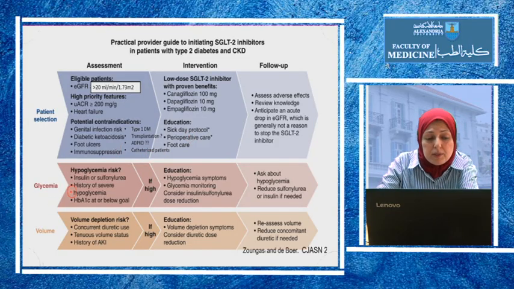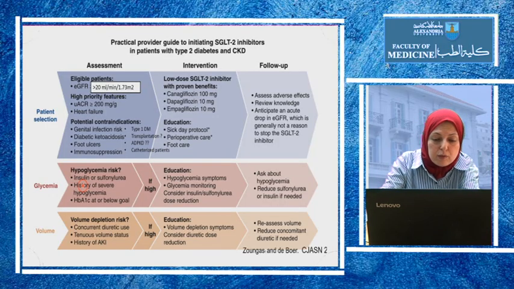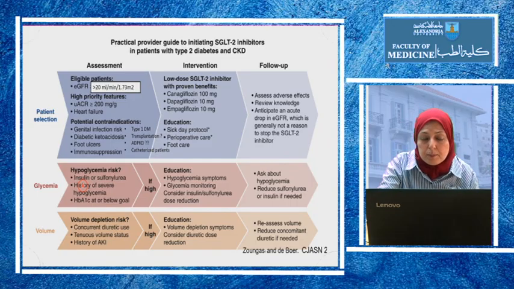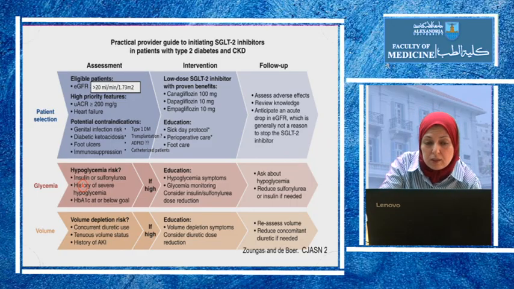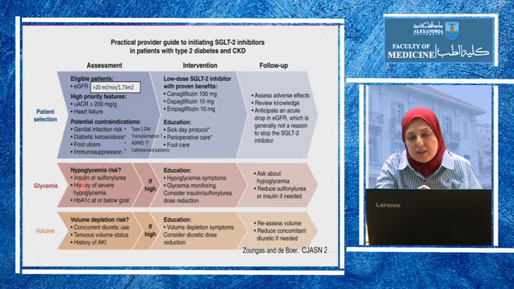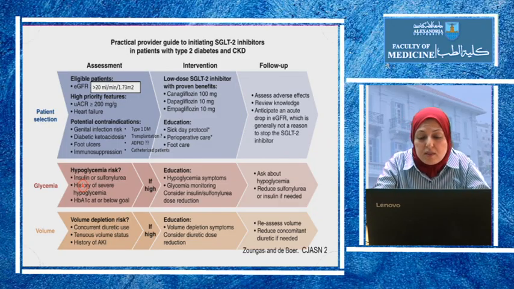Is there any hypoglycemia risk? It's more in patients on insulin or sulfonylurea if their hemoglobin A1C is at or below goal. So in these patients, we may consider decreasing the dose of insulin or sulfonylurea before starting the SGLT2 inhibitor, but alone it is not hypoglycemic, and as we said, we give it in patients with CKD without diabetes. And if the patient also has frequent hypoglycemic symptoms, we should reduce their doses and monitor for hypoglycemia.